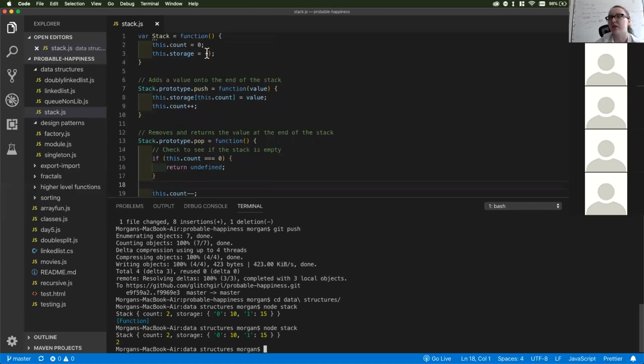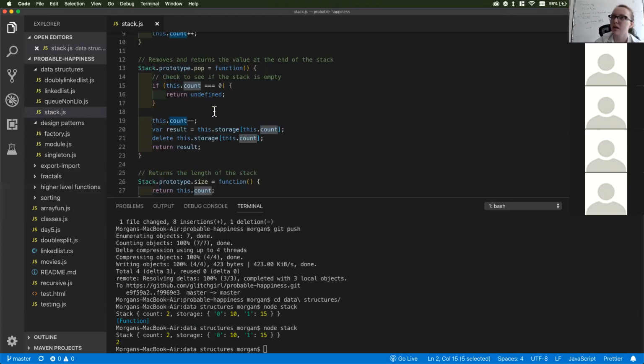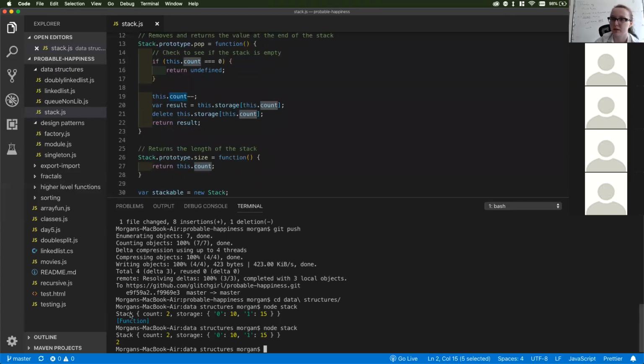So our storage is our object. And then it's a bigger object that has a count too, which is nice. So it's an object within an object, which makes sense. So here's our stack object, this big guy. And then inside of that object, we have our storage object, which is like our actual values. So then if we went through and